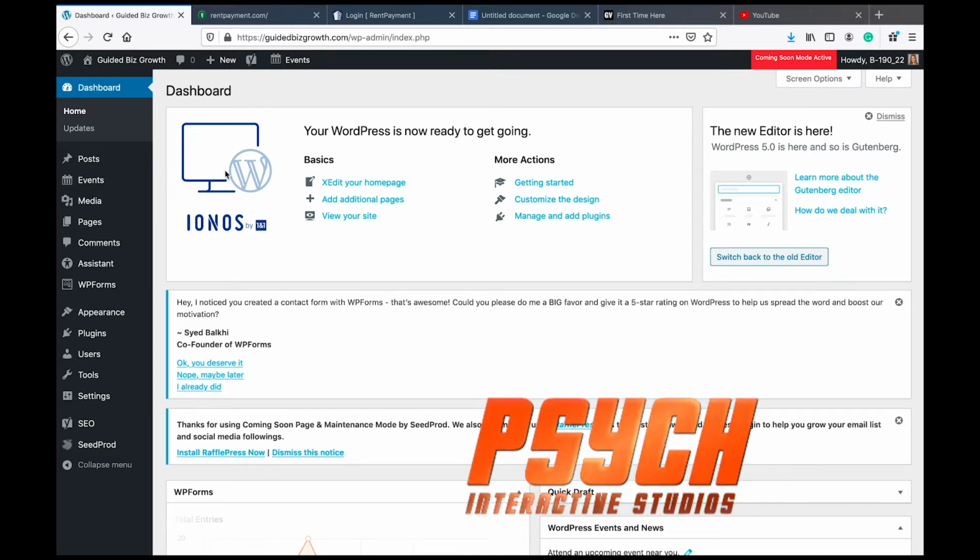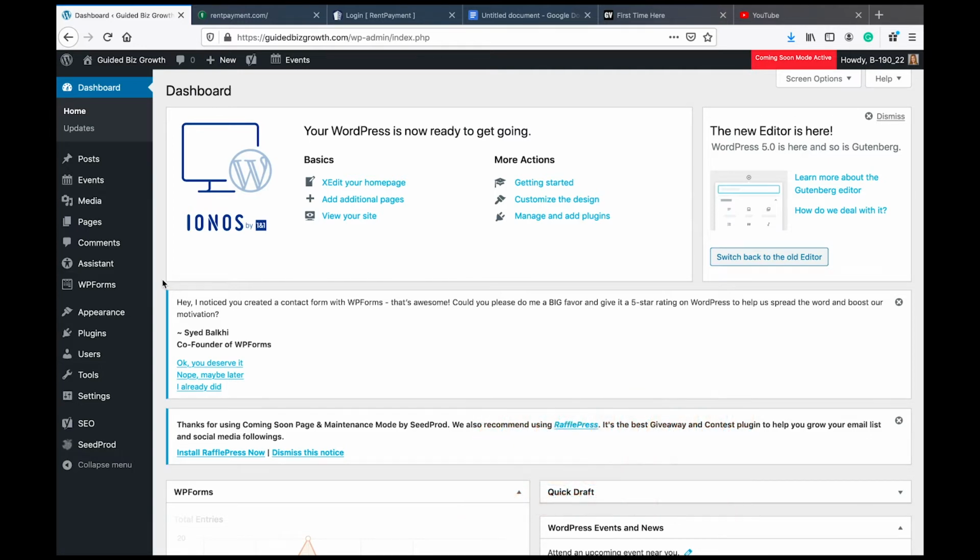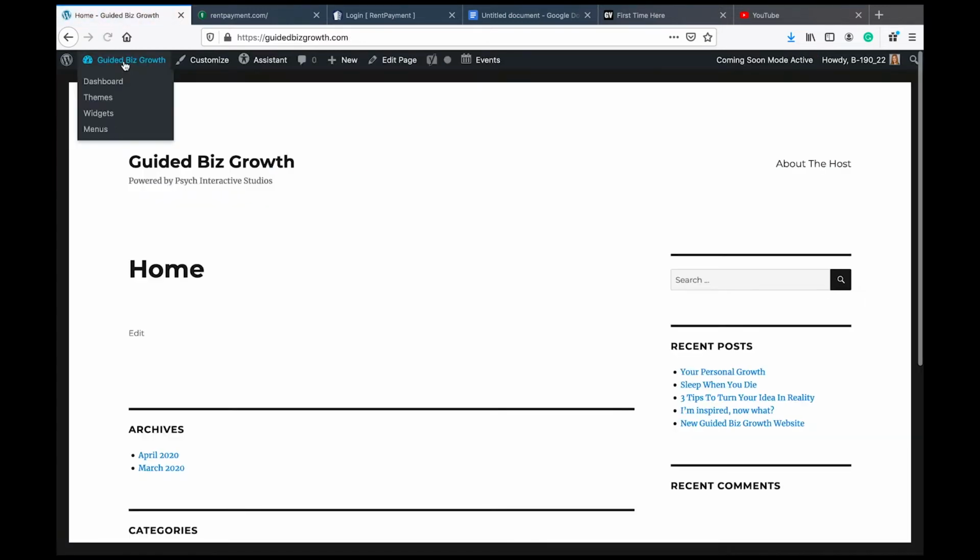Right now we have WordPress installed. So if you don't have WordPress installed, we have another tutorial of how to install WordPress in your server. In this case, we already have it. Let's see the main site. To just see the preview of the main site or the live site, just click on the name of the site right here. Our site name is Guided Biz Grow, and as you can see, there's nothing here, just the